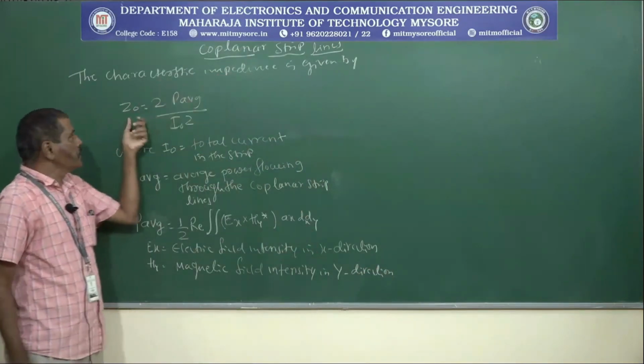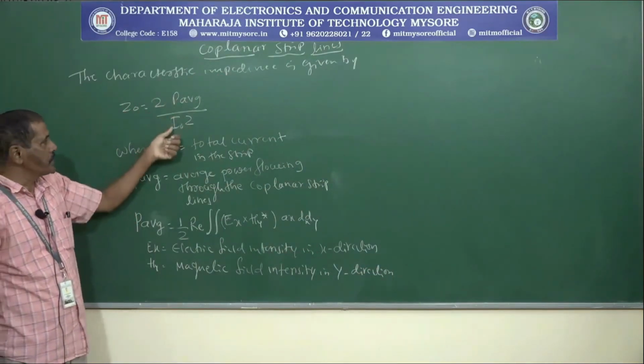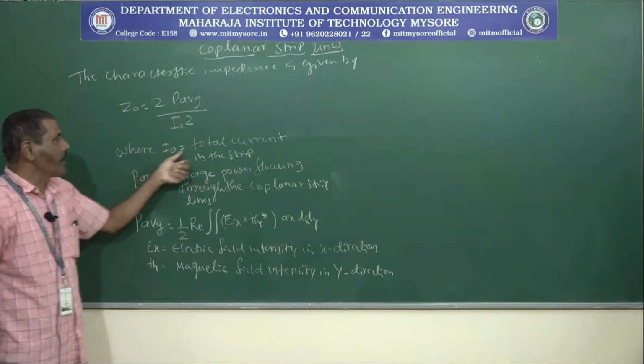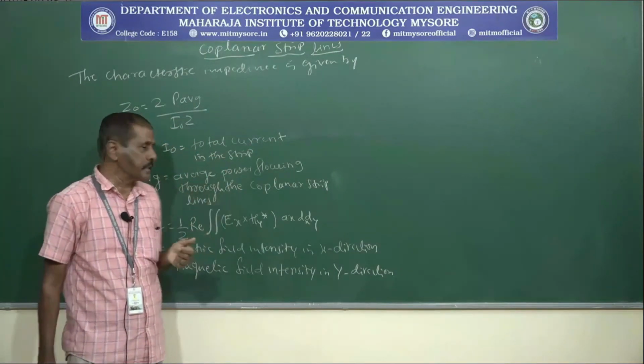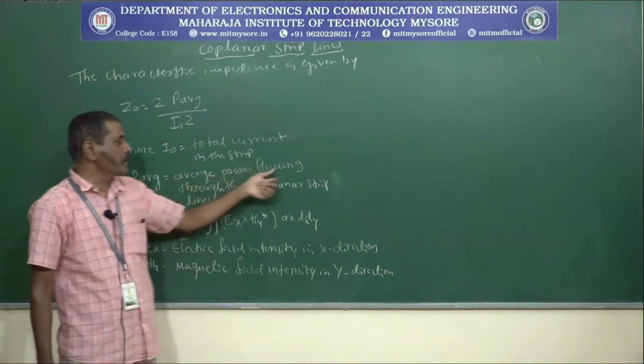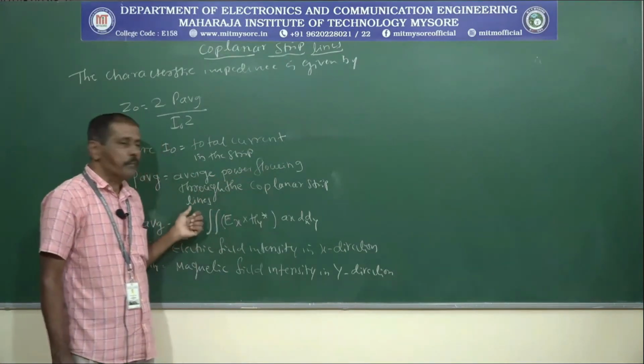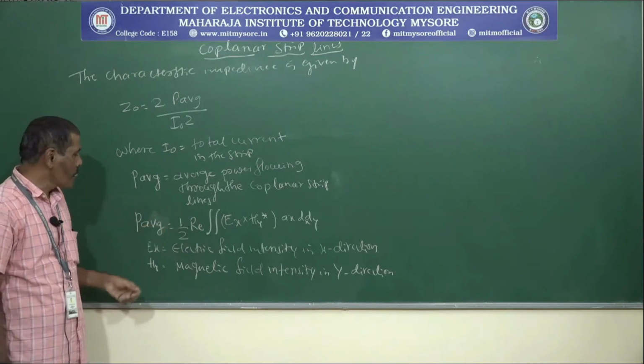The characteristic impedance is given by Z0 equal to 2 into P average divided by I0 square, where I0 is the total current flowing through a strip and P average is the average power flowing through the coplanar strip line,